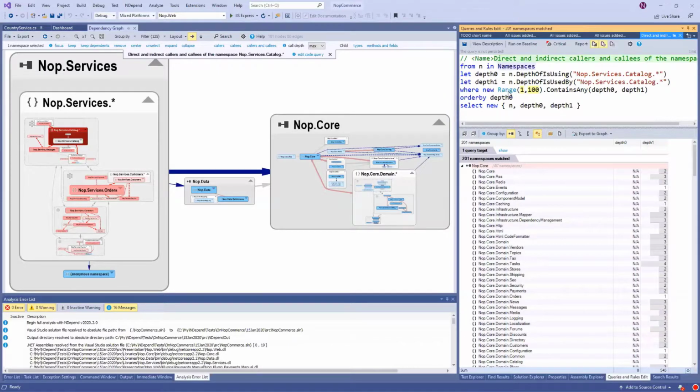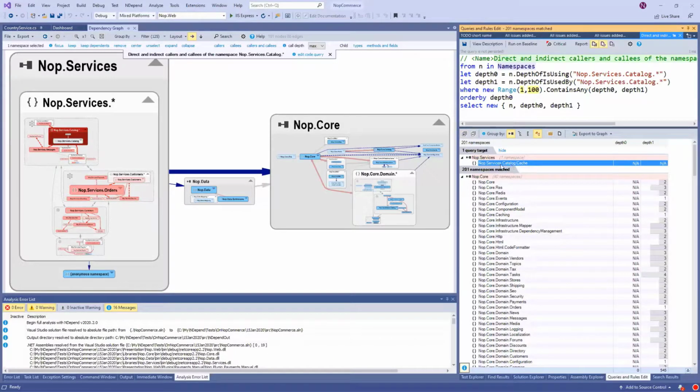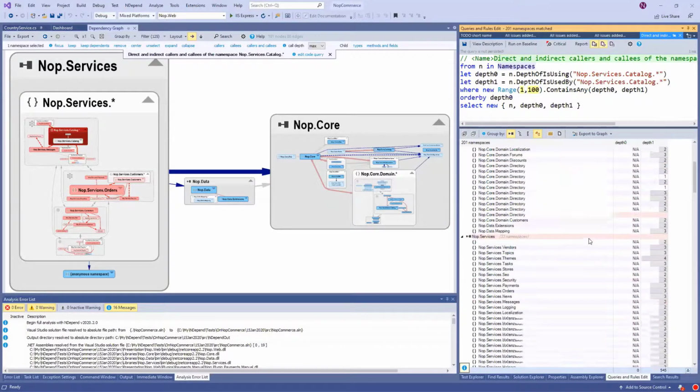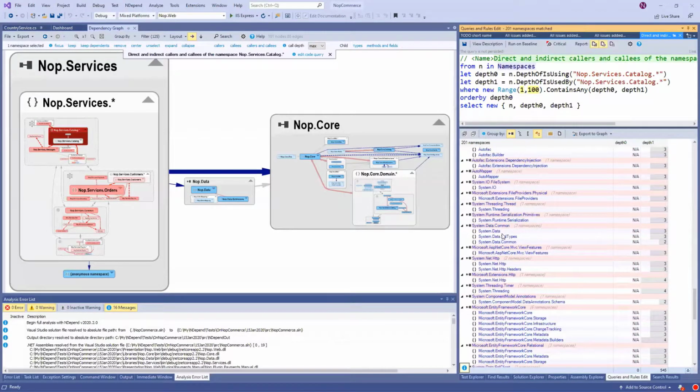So here typically you want namespaces that are using directly or indirectly catalog.*, actually any namespace named catalog, but I think there is only one. Okay, catalog.cache, with the range 1 to maximum, which is 100. And here we get all the user and the callee, and in blue we get the third-party callee.